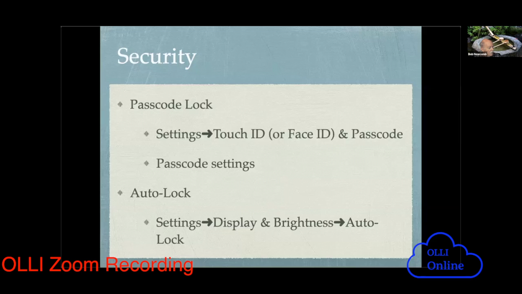And let's talk about auto-locking. If you have a phone with a very short auto-lock, it's very irritating, because you'll do something, turn away, and a minute later you look back and the phone is locked. And you can change that. Let's go in and